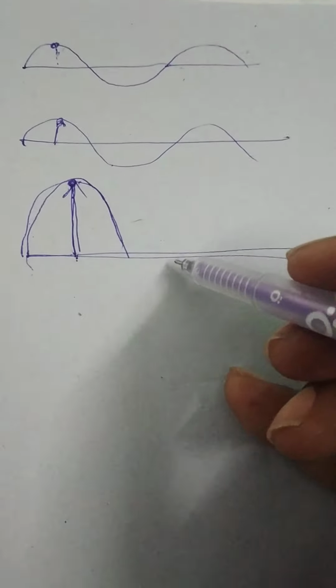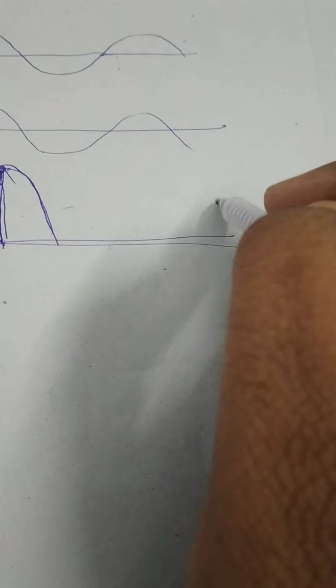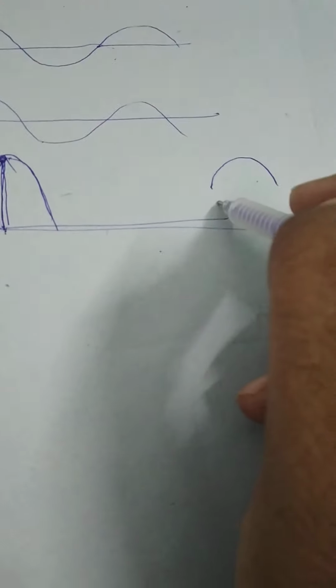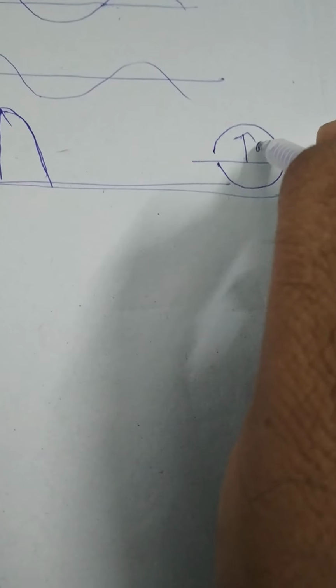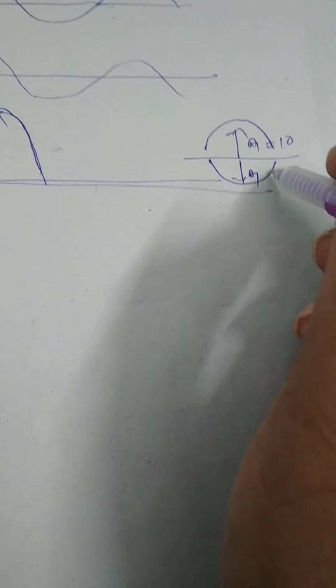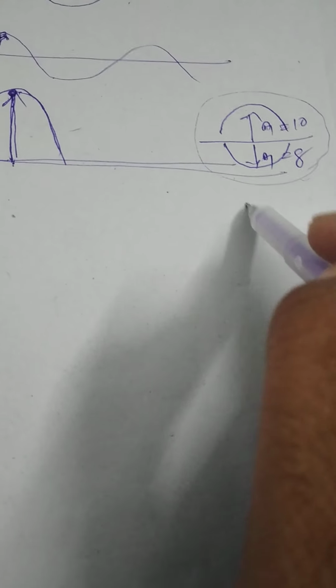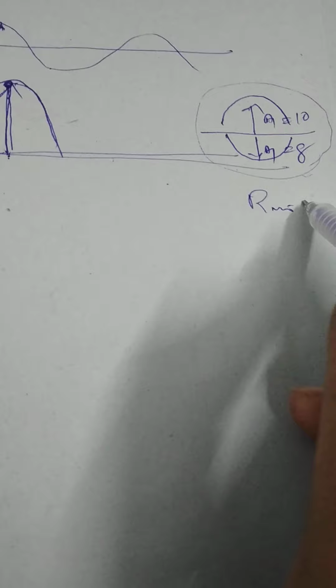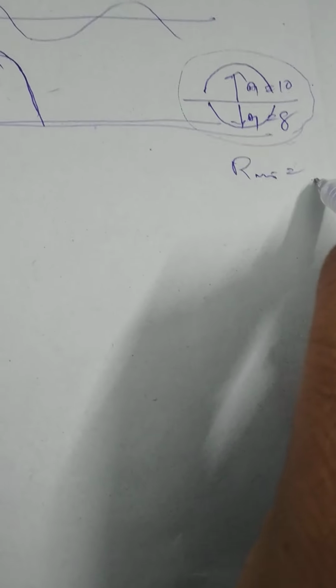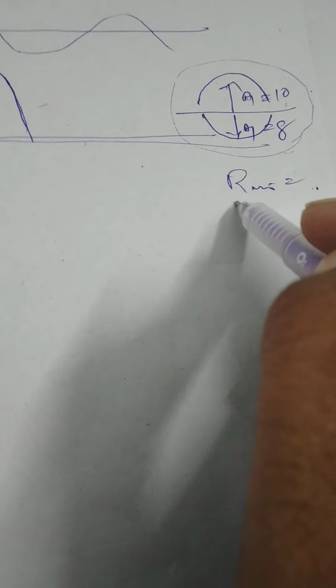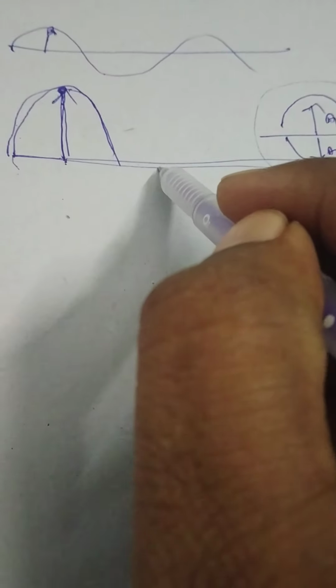Suppose the crest of one wave is superimposed with the trough of the other wave. Let A1 be the amplitude of the first wave and A2 the amplitude of the second wave. Maybe A1 is equal to 10 centimeters and A2 is equal to 8 centimeters. At that moment, the resultant amplitude will be minimum or 0. If A1 is equal to A2, the resultant minimum amplitude will be 0. If A1 is not equal to A2, the resultant amplitude will be a minimum, which is equal to 2. So the resultant amplitude will be minimum like